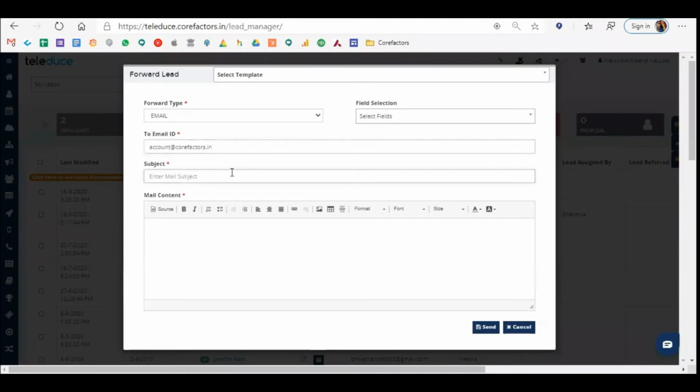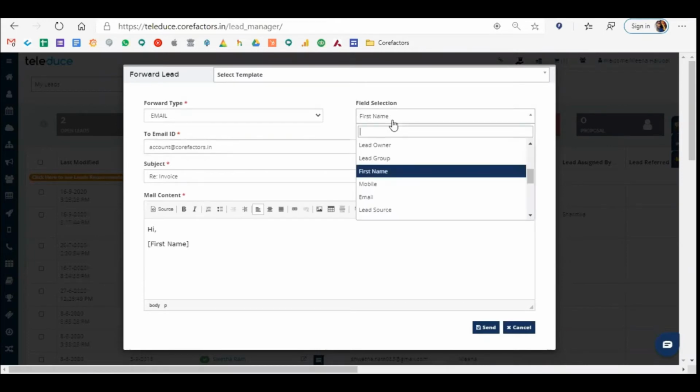Basically, we might not give the Teledues subscription to the accounts team. So this information can be shared with the accounts team, saying these are the details that you have to raise for the accounts team. Either you can create the template already, or you can give the information up here.